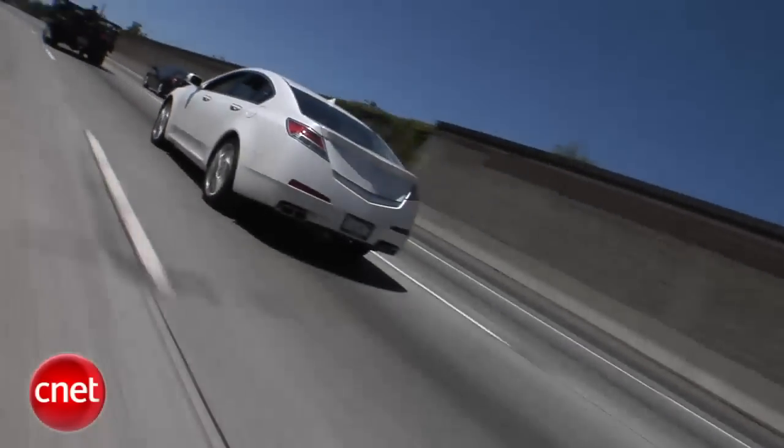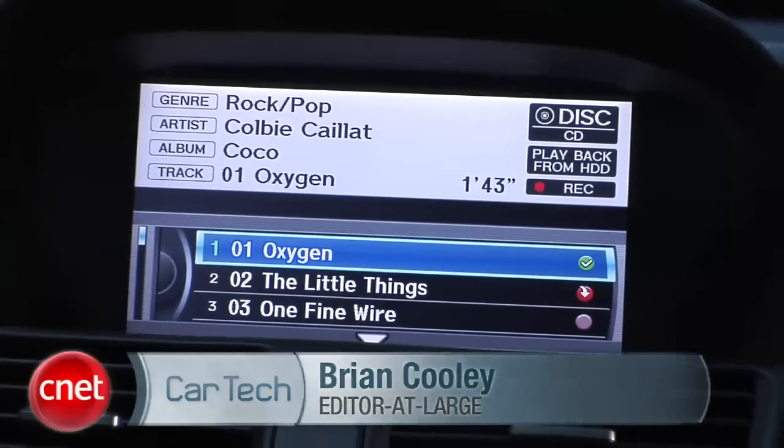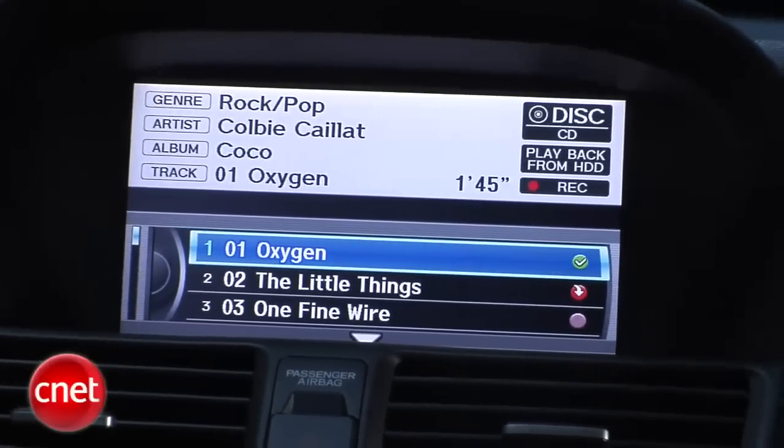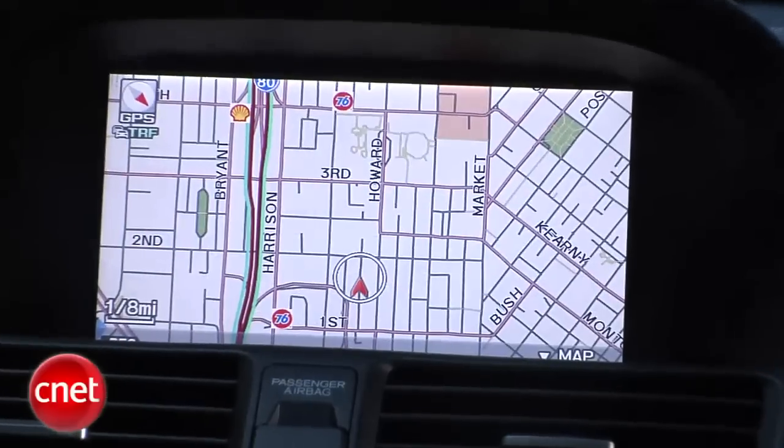Now our TL is loaded to the gills. Let's get started. Go to the screen. That's where things begin. This is a car that's got a very bright, high-res display. Makes it really easy to get to things